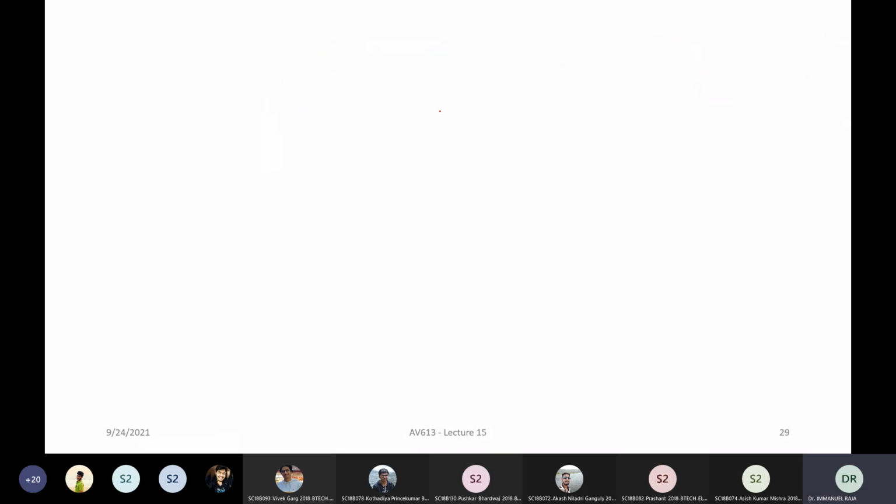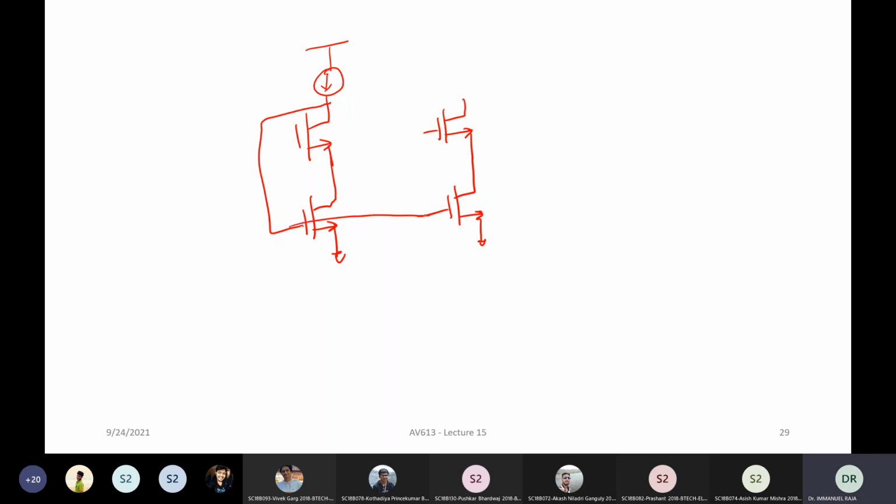See, this is a low voltage cascode, right? Which means you have a cascode, and you have to generate the cascode bias also, right? Now what happens is that this is connected here, but you need a VB here, right? We talked about this, you need VB to be generated, correct? Now how to generate this VB?